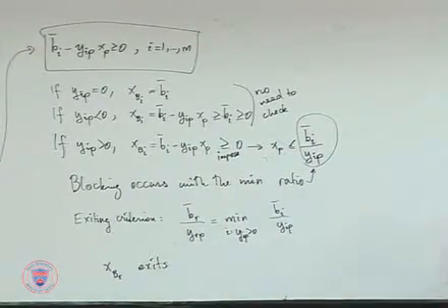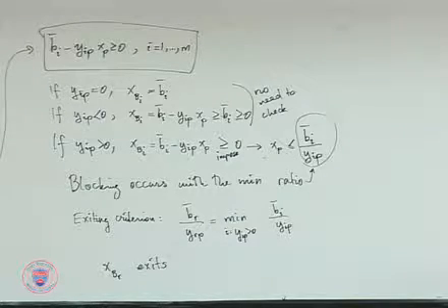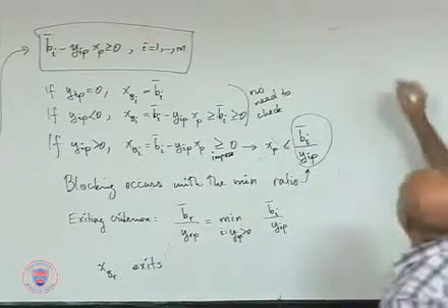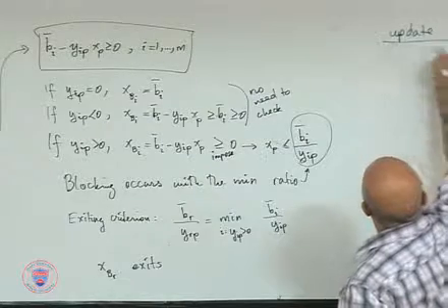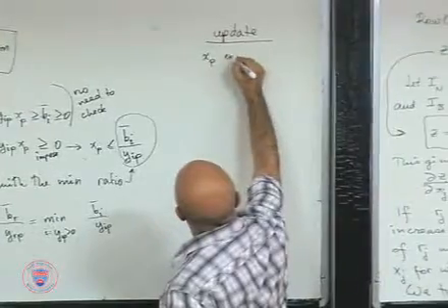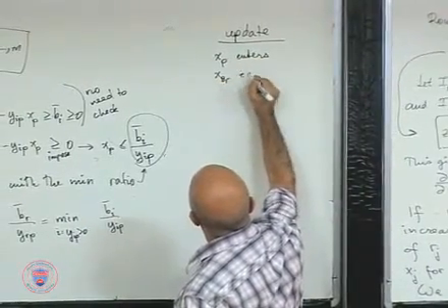Because that's the one that blocks. So, xp enters, xb sub r exits,